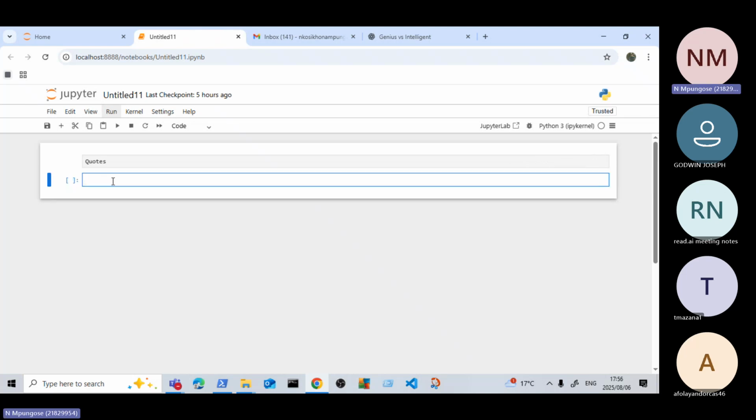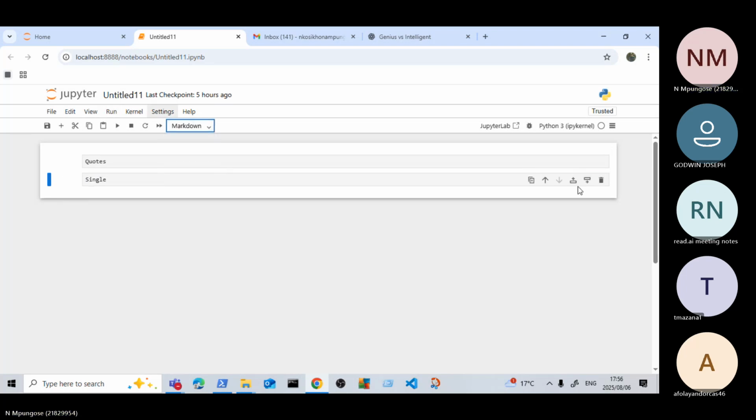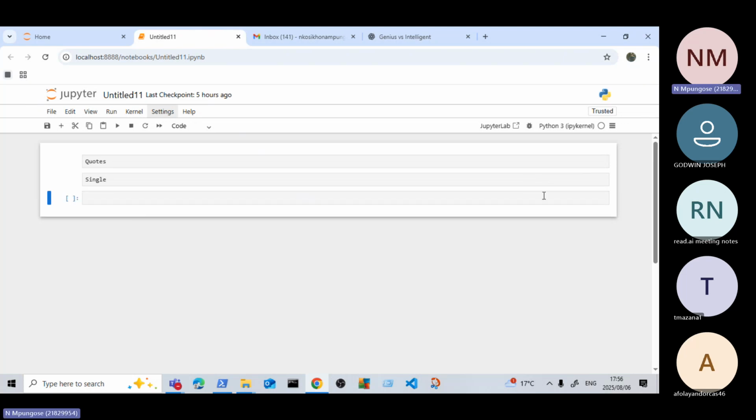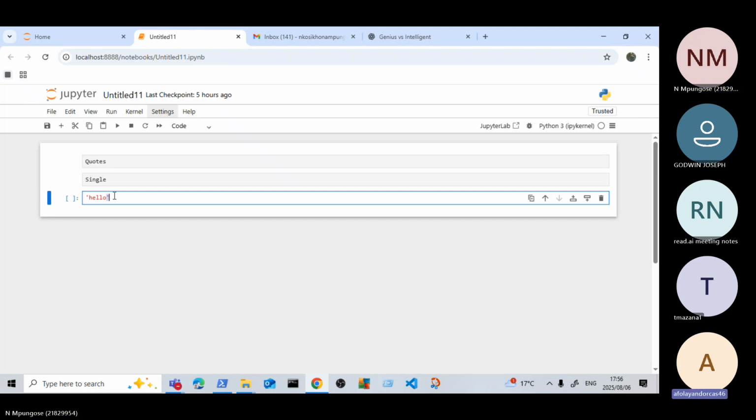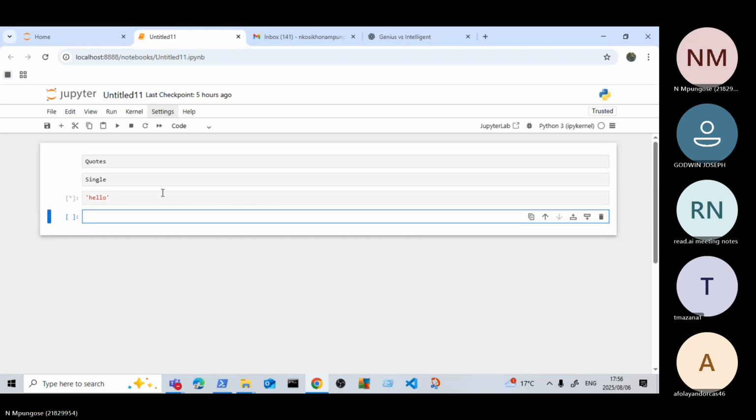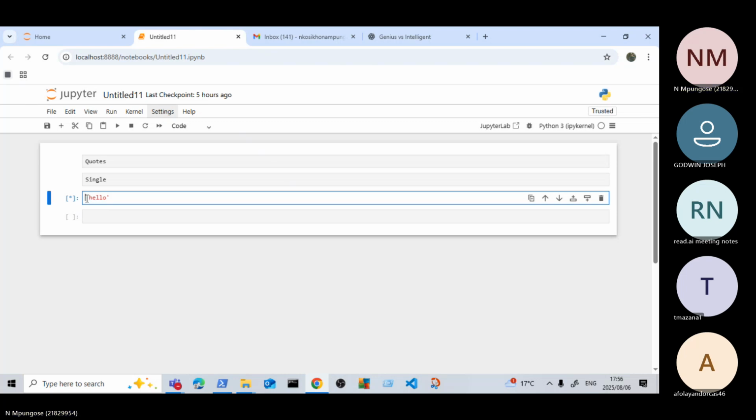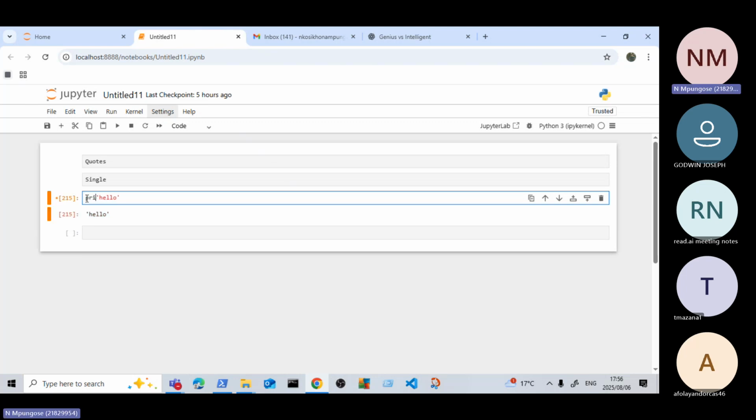Another thing is that if you have, say, a single quote. A single quote is whereby you have something like this. Let's just say print.